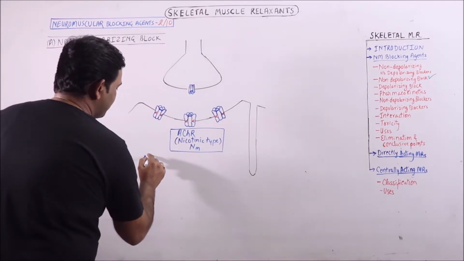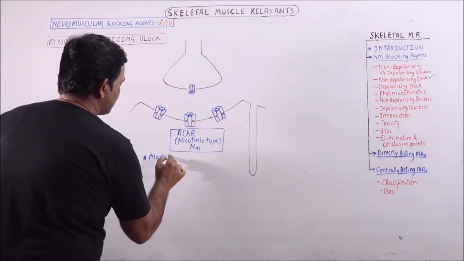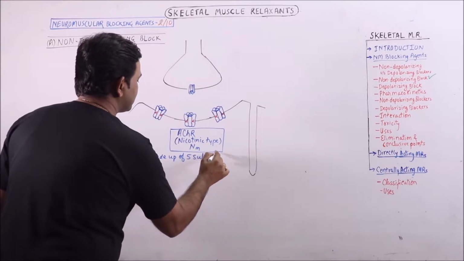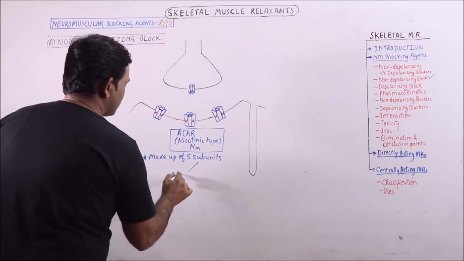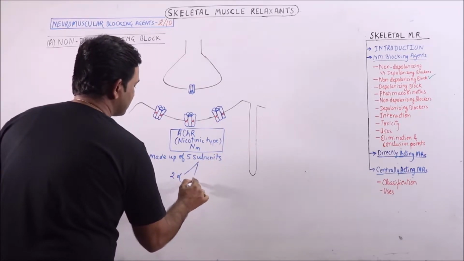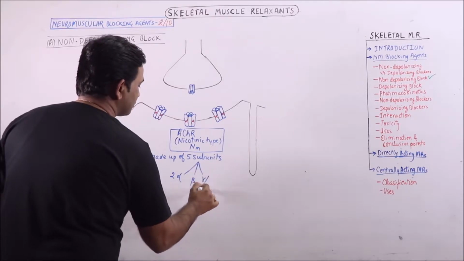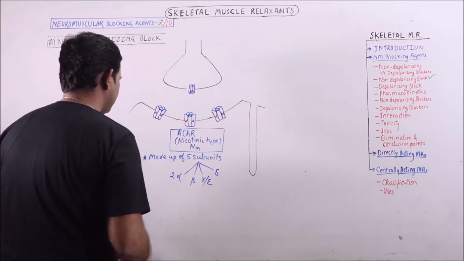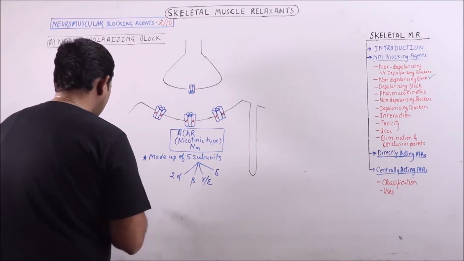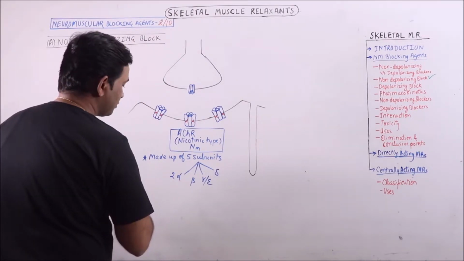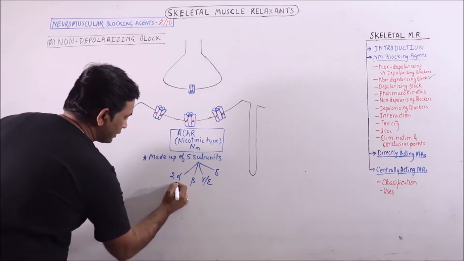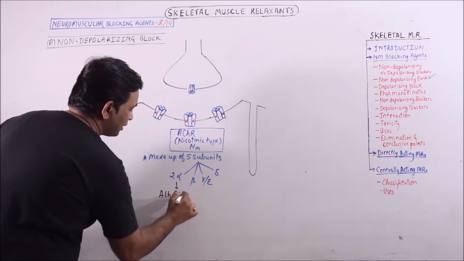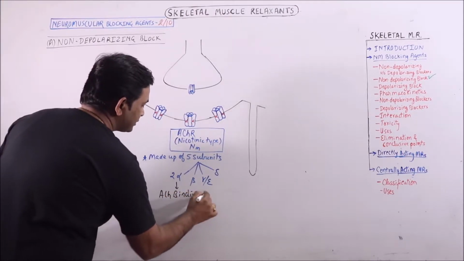These receptors are made up of 5 subunits: 2 are alpha, 1 beta, 1 gamma or epsilon, and 1 delta. These 2 alpha subunits are having acetylcholine binding sites,